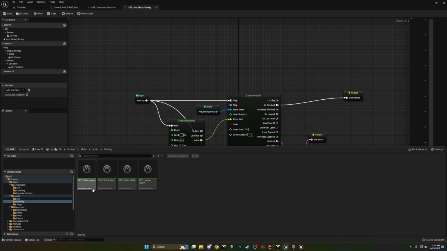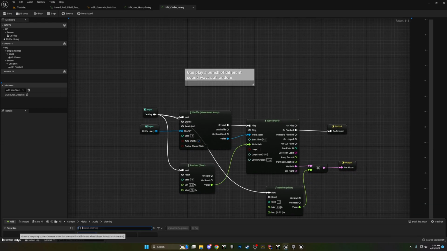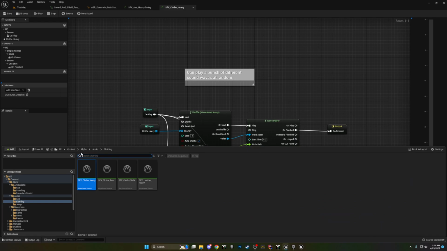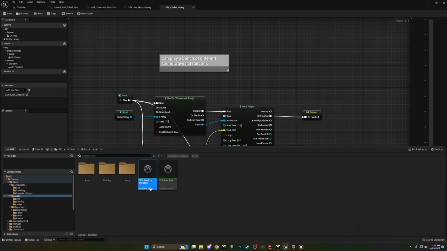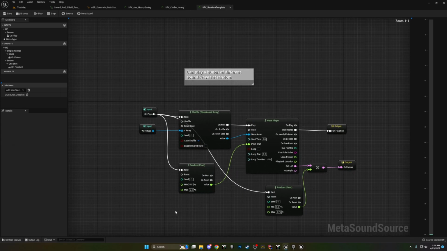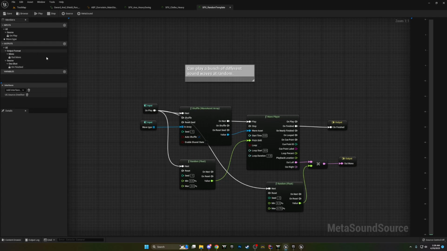We've got clothing, so cloth heavy. The way I did this is I just made a template and then duplicated off of this template to make all of these sounds, because I've got the parameters where I like them. So the template, if I'm doing a bunch of different sounds, I just have wave type,